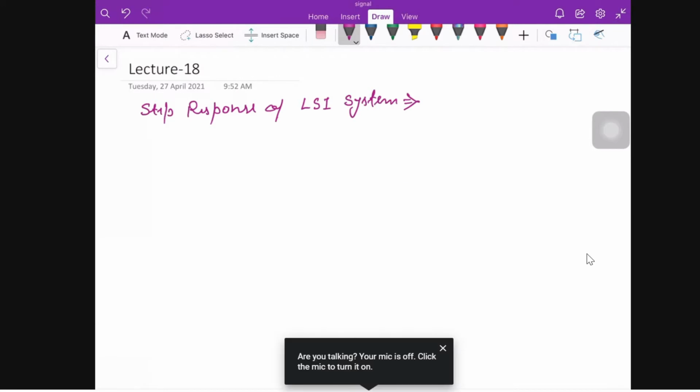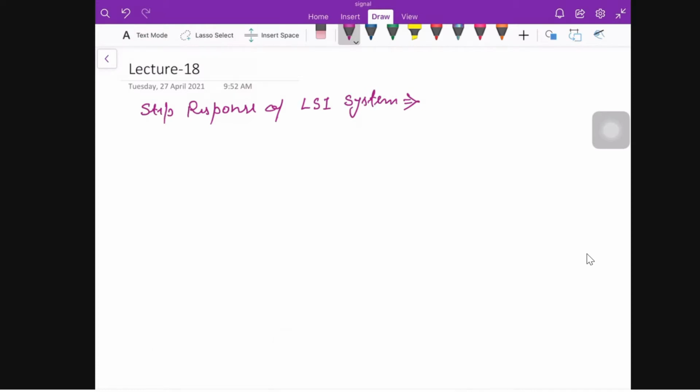So, this is lecture 18, and in this lecture, we are going to discuss the step response of an LSI system. How do we calculate this step response? So if I talk about the step response, the step response is...